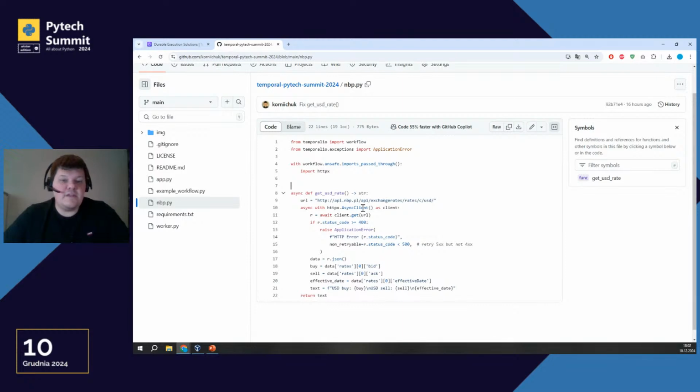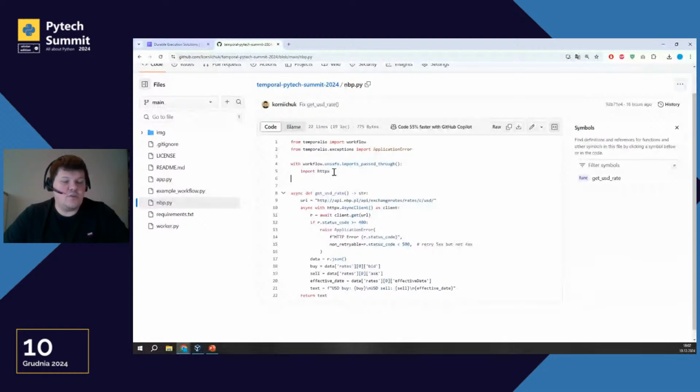The standard library to send requests to an API for a Python developer is requests. However, in this case, with Temporal, we need to use async-safe libraries, and I decided to use HTTPX.